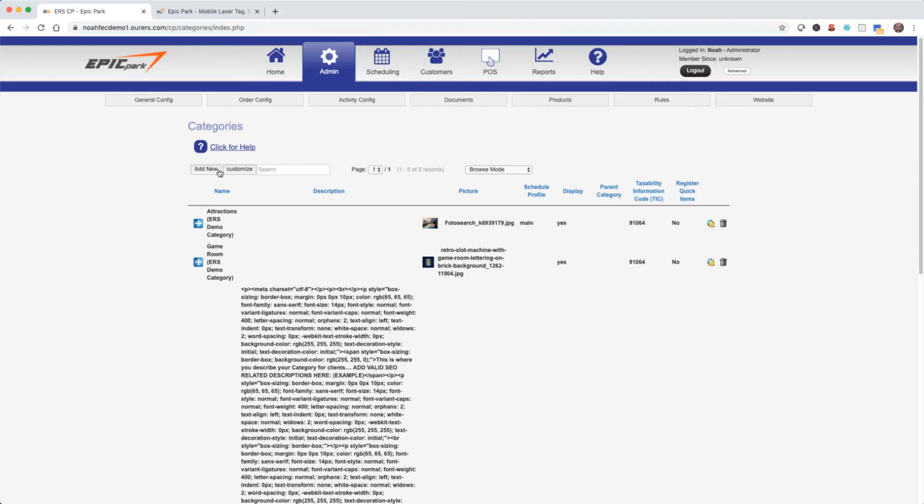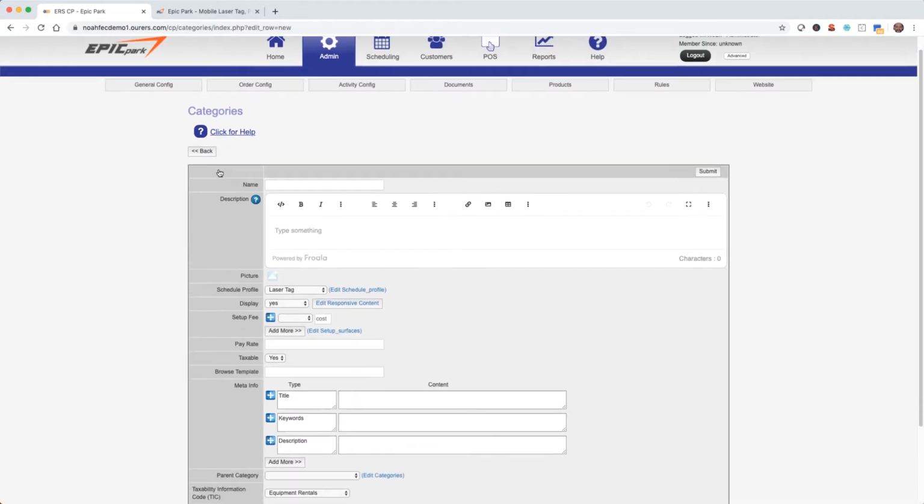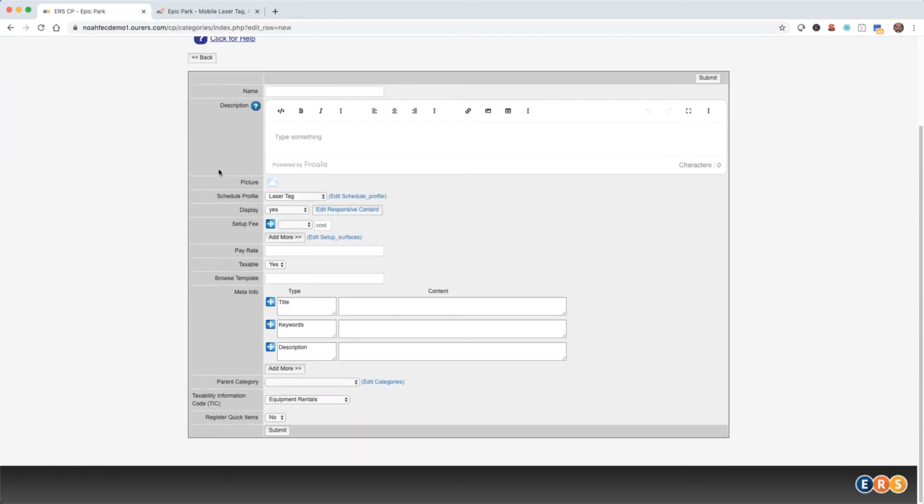Alright, so let's go ahead and add a new category. Now there are lots of fields in here, but the only ones we need to concern ourselves with at this time are name, picture, and schedule profile. We do eventually want to put a description in there, as descriptions can give your customers important information about your products and services, but also that's more content for Google and other search engines to find and give you good search rankings. So again, I'm not going to worry about description right now, but keep in mind when you do